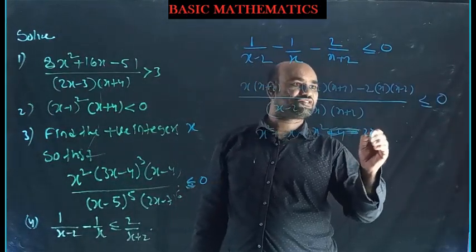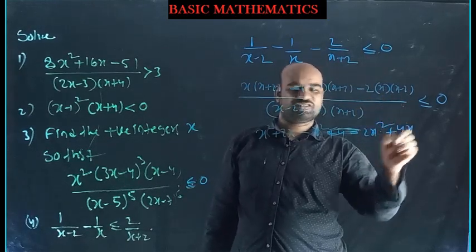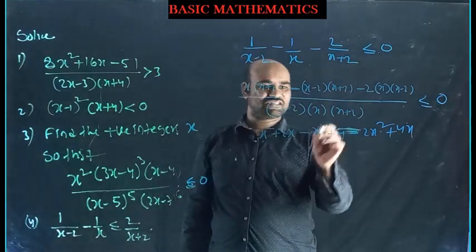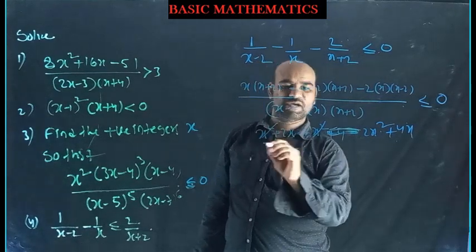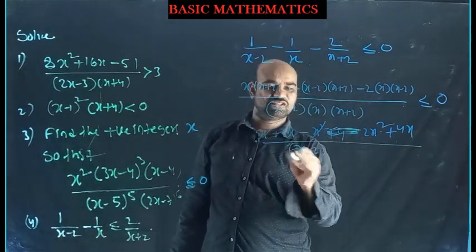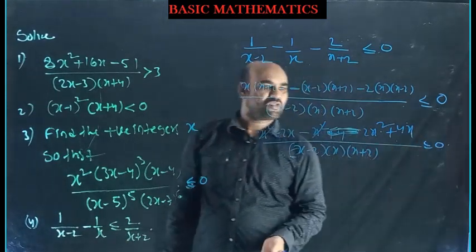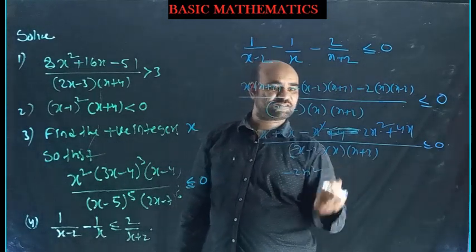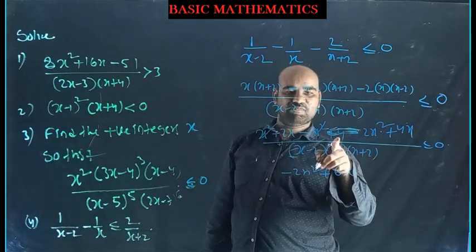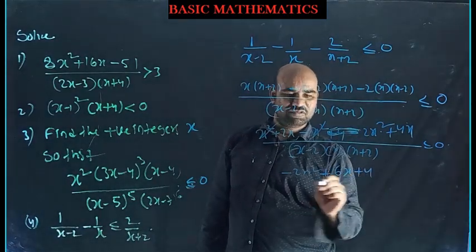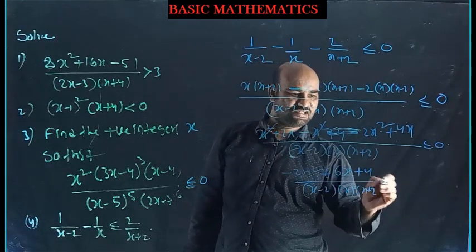Yeah, here minus 2x square minus 2x, that is plus 4x. So what happened? Here this x square cancelled. Something should be written, no? Okay, wait. By x minus 2 into x plus 2 lesser than or equal to 0. Okay, minus 2x square plus 4x plus 2x plus 6x. Yeah, plus 4. Okay, plus 4 by x minus 2 into x plus 2 lesser than or equal to 0.